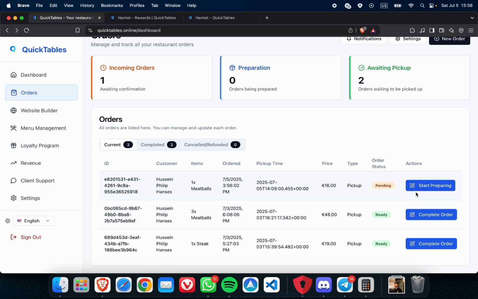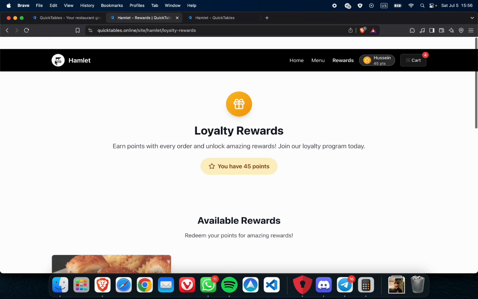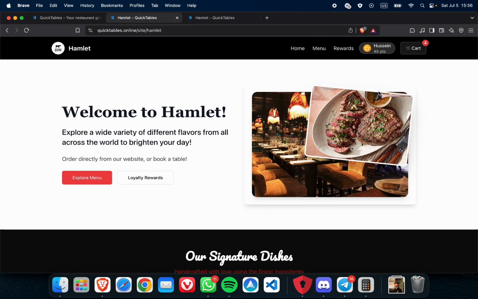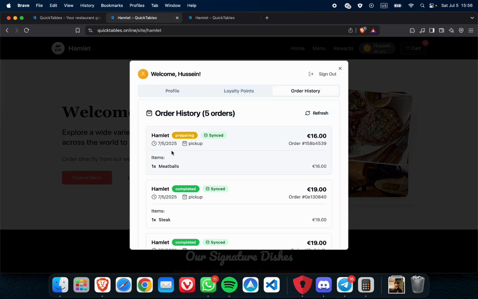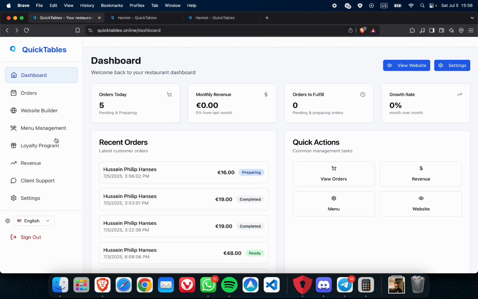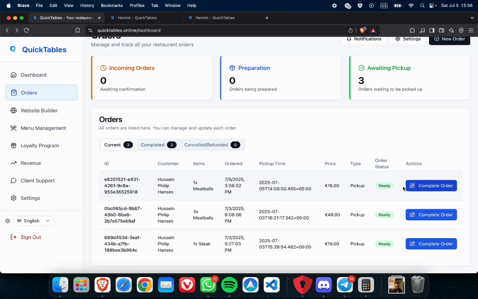Then as you begin preparing the meal, you can simply click on the Start Preparing button. Now, interestingly enough, what will appear here for the customer, this is the restaurant website, is that it will appear right here in the order history. So as you update the status of the order, they are going to be able to see what is going on. Now, as we mark it ready, that's what you do when the order is ready to be picked up